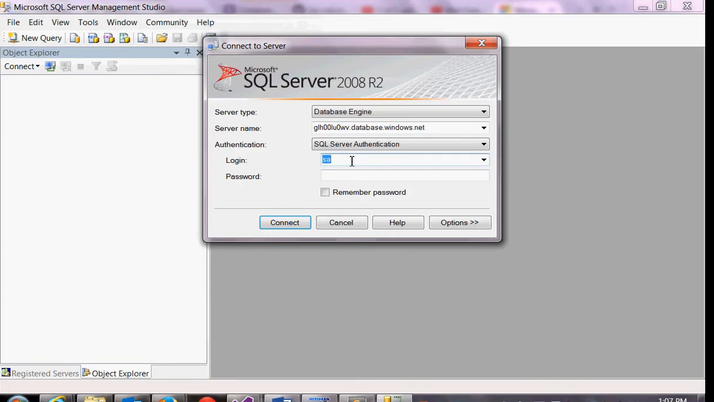And then enter your database credentials that you set up. You may as well have it save your password. If you're on your own machine, you won't have to enter it every time. And if we choose connect,